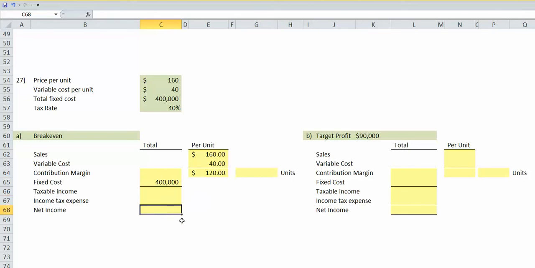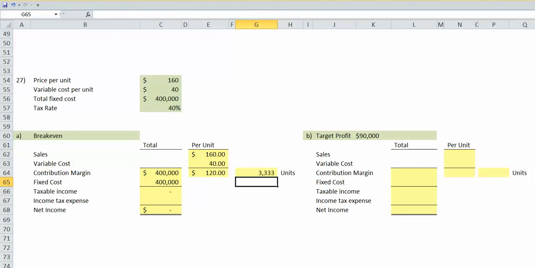And break even, recall, is where our net operating income is zero. To earn zero net operating income, that means our taxable income will also be zero, which means the contribution margin that we're going to require will be the 400,000 fixed cost plus zero for our break-even point, or 400,000. And our break-even point in units will be our 400,000 total contribution margin divided by our $120 contribution margin per unit, or